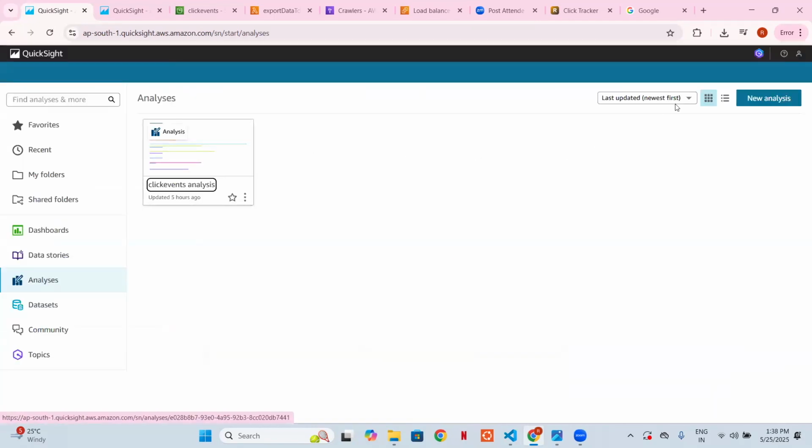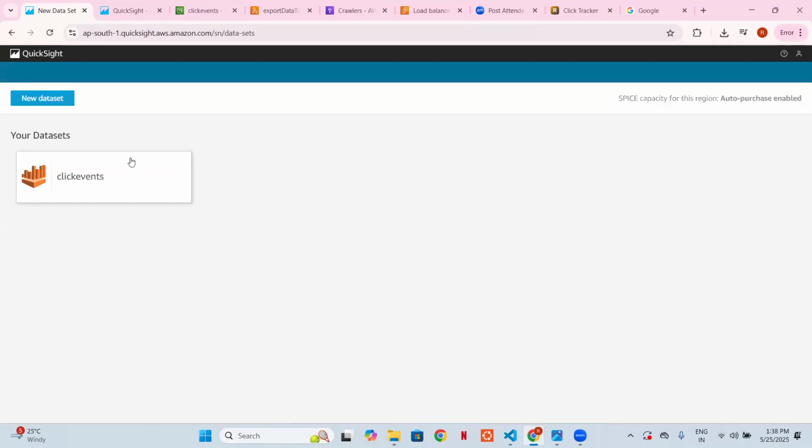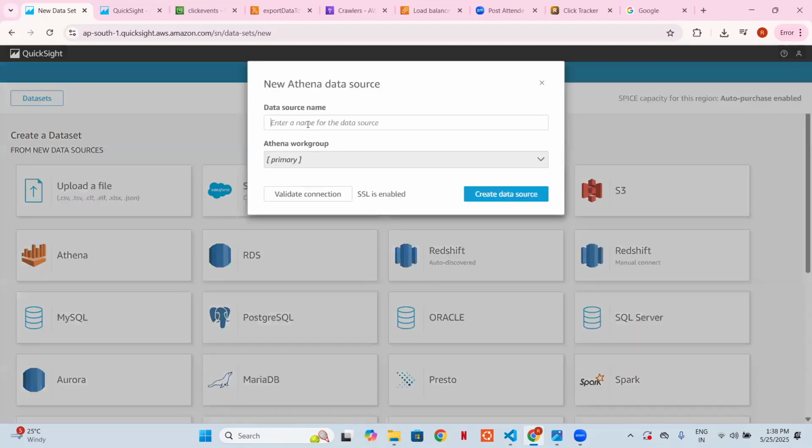We have the database from Athena and we have all the data. So all I have to do is click on new analysis, and try to create a new data set. If we remember, we were using Athena as the data source. Athena was using S3 as a data source internally, but to visualize the data, we will be using Athena. So if I click on Athena, it will ask me to provide a name. I'll just provide a random name,